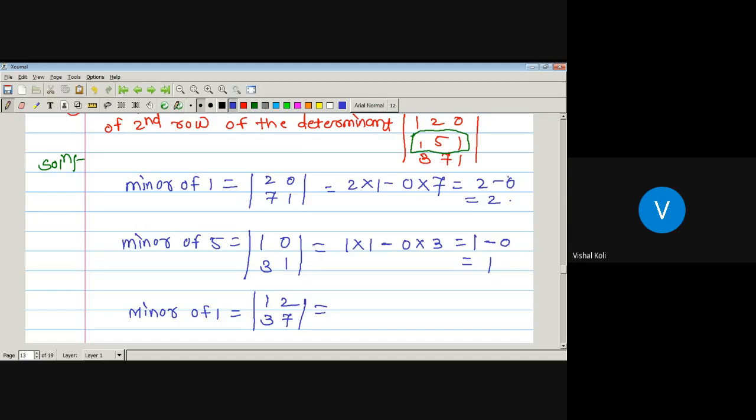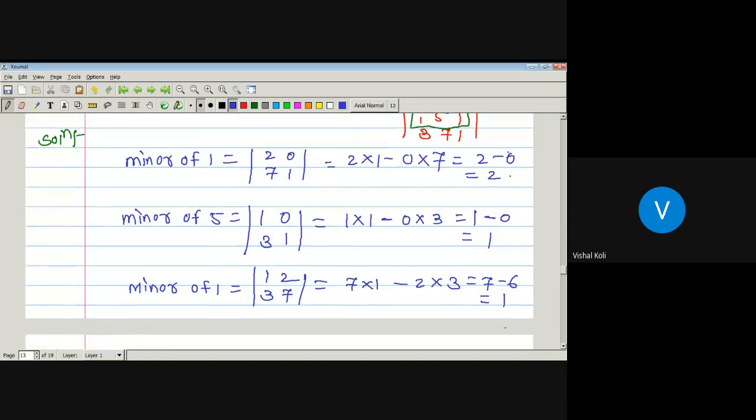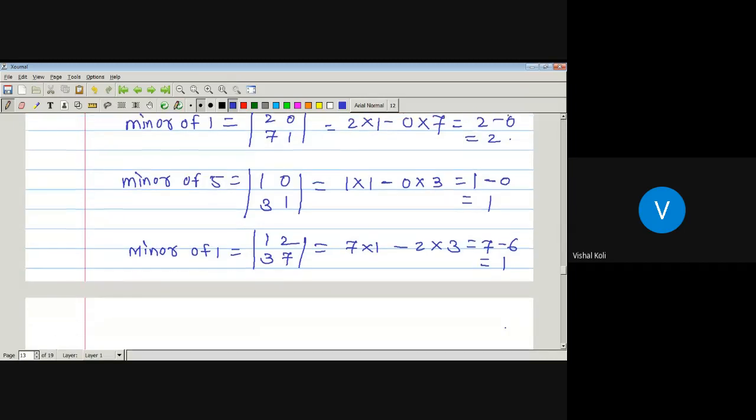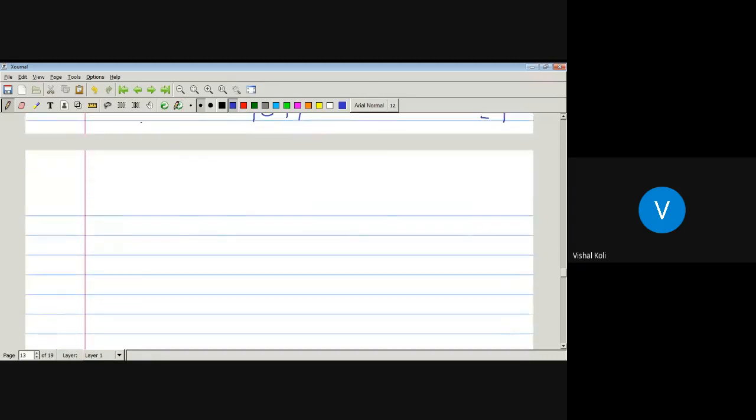1237 which is equal to 7 into 1 minus 2 into 3, which is equal to 7 minus 6, which is equal to 1. So these are the minors: minus 2, 1 and 1. Now we have to find out its cofactors. So cofactor of an element 1 is equal to minus 1 to the power